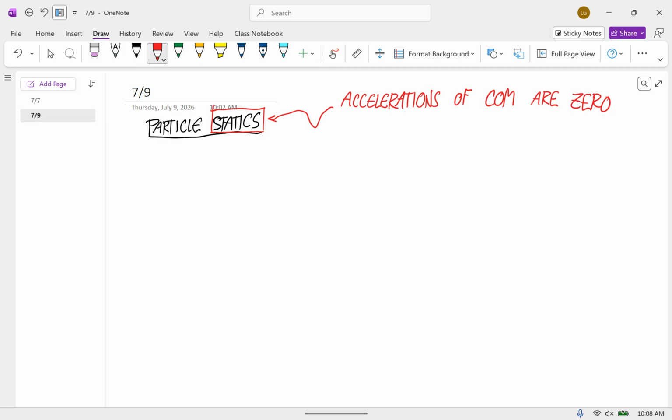And once we start talking about rigid bodies, the angular accelerations of bodies are zero. And so what that means for Newton's second law is